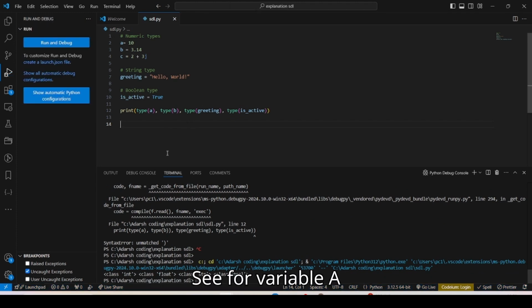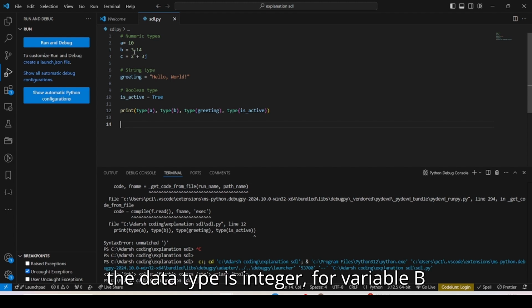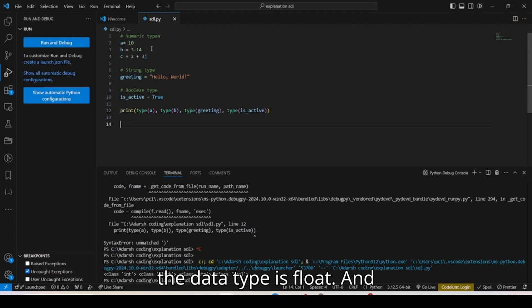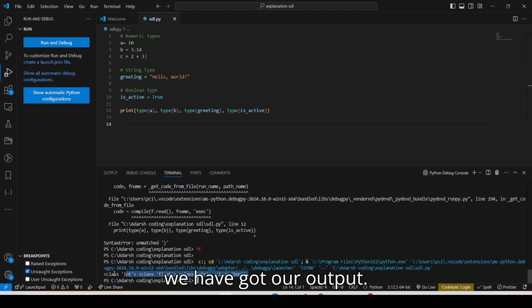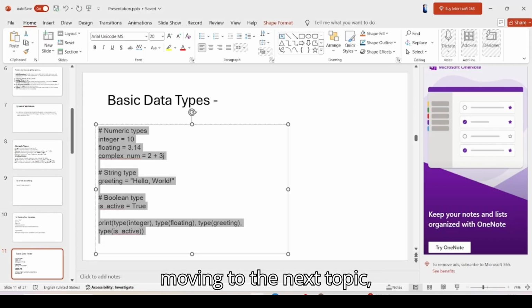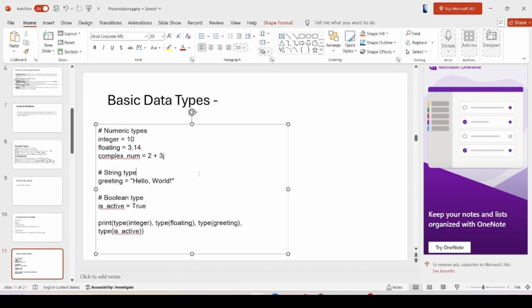See, for variable A, the data type is integer. For variable B, the data type is float. And for the variable greeting, the data type is string. And for the variable is active, the data type is boolean. So we have got our output. I hope you understood. So moving to the next topic, we have